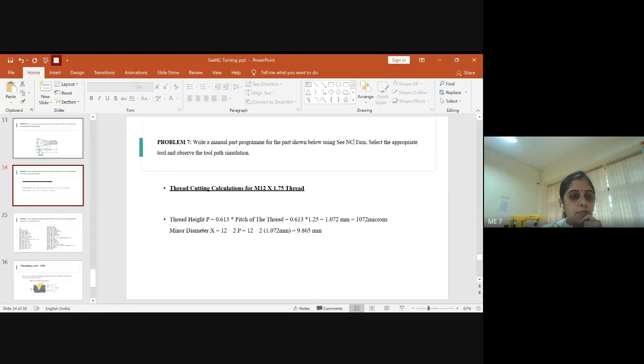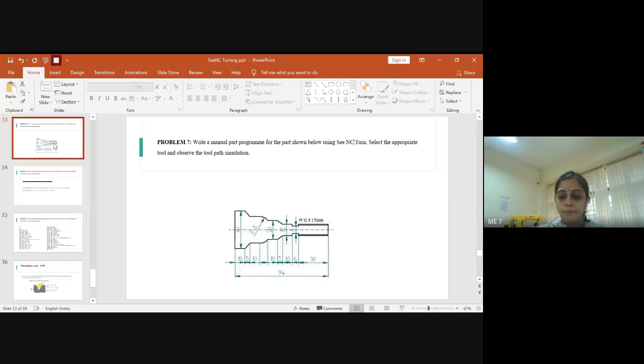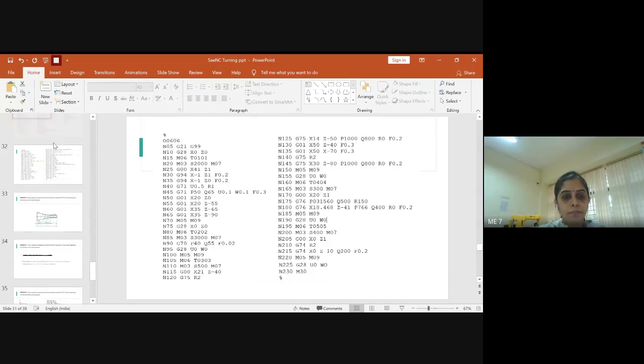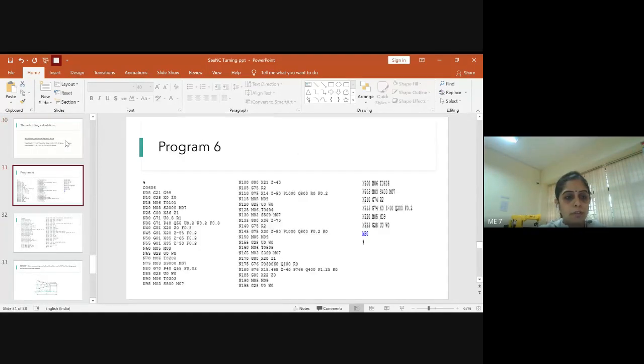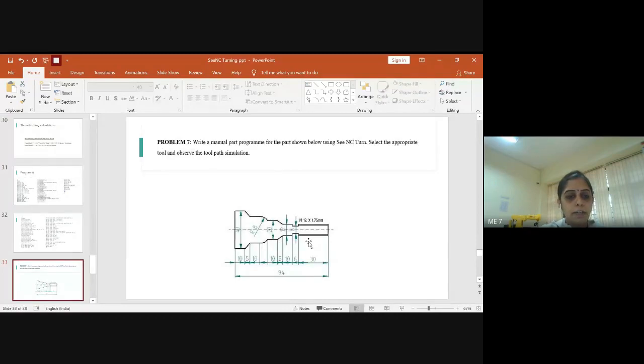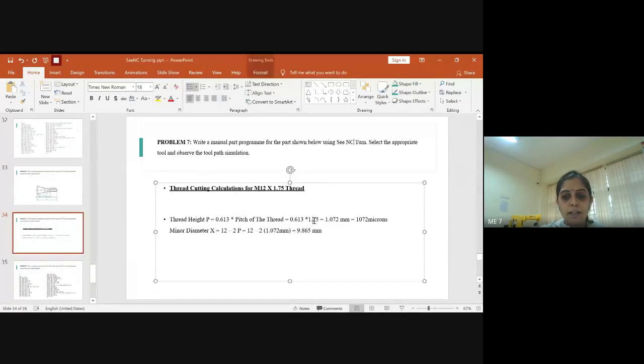Okay, I've written this as 1.25, so kindly cross check: 0.613 into 1.75, the answer is 1.072 mm.